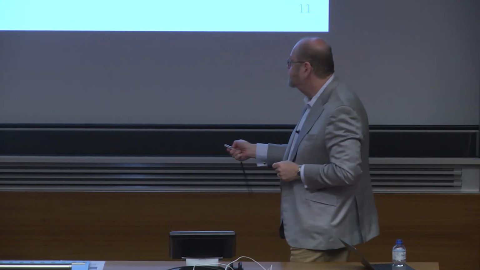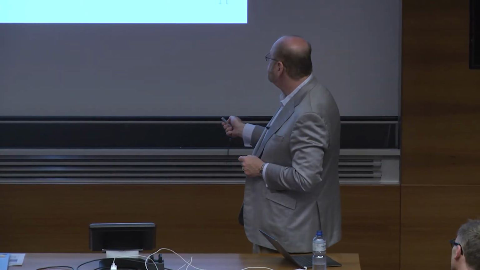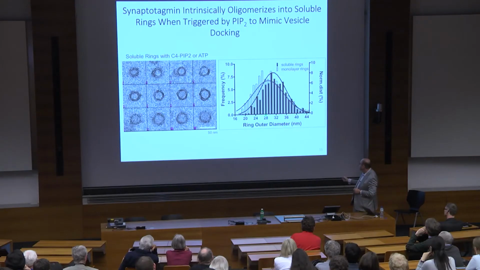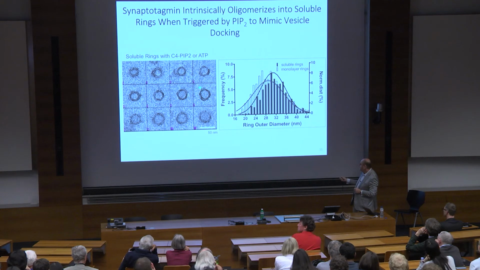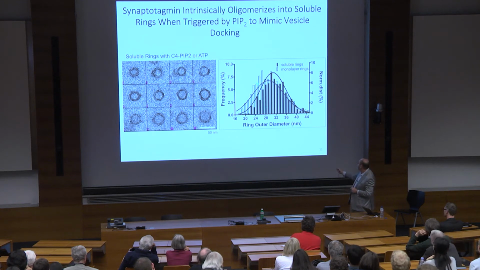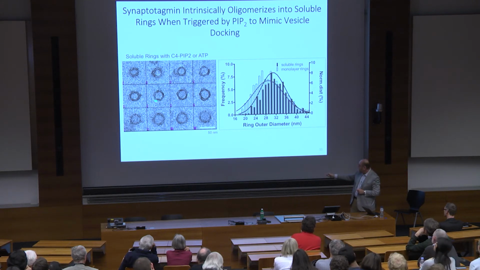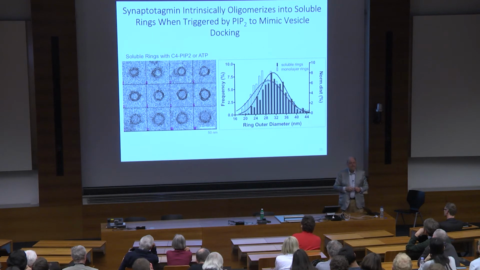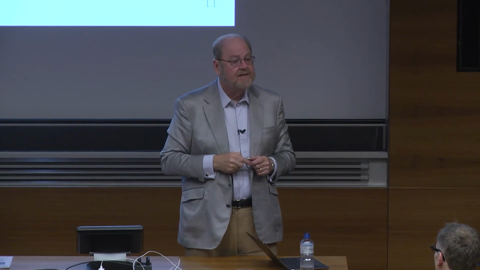What are the size of the rings? They range in size. Here we are between, roughly 30 nanometers plus or minus. From studies that I'll show you in a moment, we can quantify from the diameter. We learn in a moment how they're packed. So we can look at the diameter and say how many synaptotagmins are in there. And the answer is they range from about 15 to 20 synaptotagmins per ring. Okay, so there are 15 to 20 oligomerized in this ring. That's equal to the number of synaptotagmins in a synaptic vesicle.